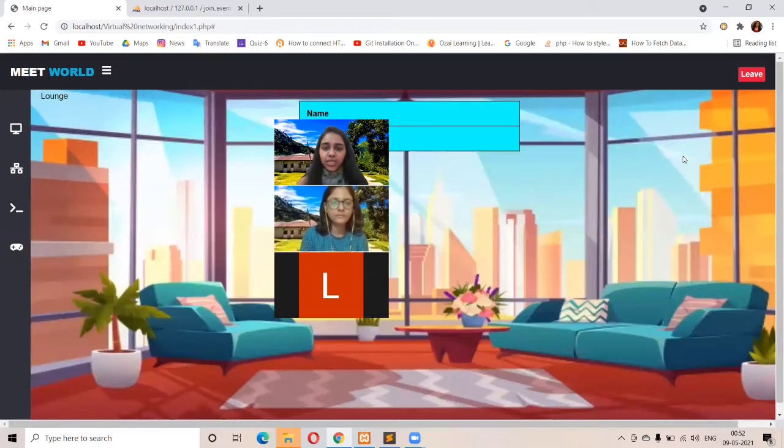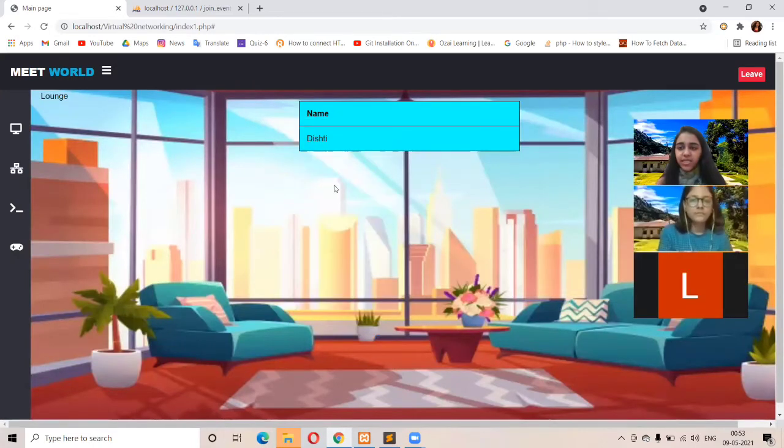So the next area is the launch area. All names are stored in the database once a person tries to enter the room, and then they are displayed here as the list of attendees. It will help the organizers to keep a record of who all are there in the meeting and who all are participating or actively working in the event. Once a person clicks the leave event, the name would be deleted from the database and the name of the attendee would not be shown anymore here.